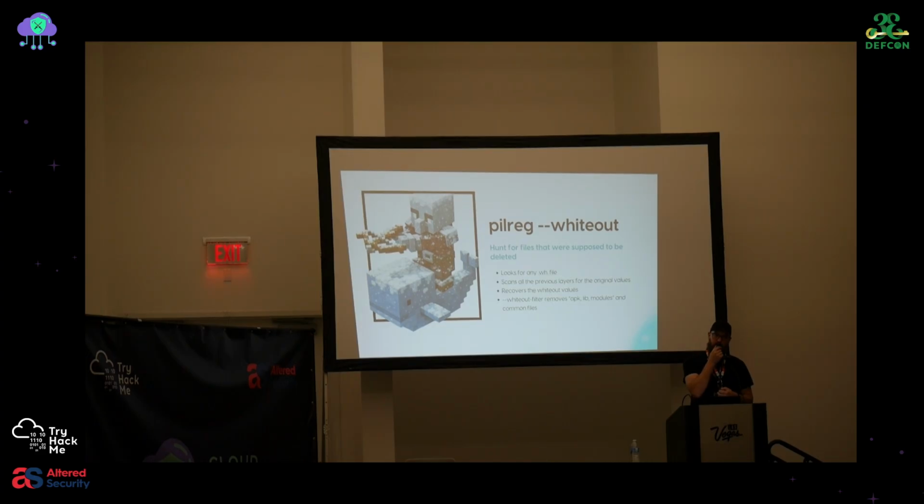And so I've added into PillReg this feature that will hunt for these .wh files and then look for the original file that was in the previous layer. You're not sure really which layer it goes in, so it hunts through each one. It sees that there's a whiteout file in layer 5, goes up to 4, 3, 2, 1, and tries to hunt for the original file that was there. The purpose for this is if you're trying to hide something, it's most likely that you're doing it with these .whiteout files, like you're trying to delete something on purpose. This gives me a more targeted way of finding secrets or things that you're trying to hide from me.